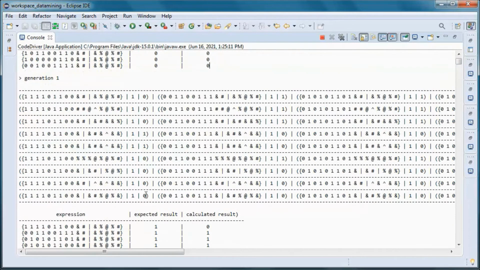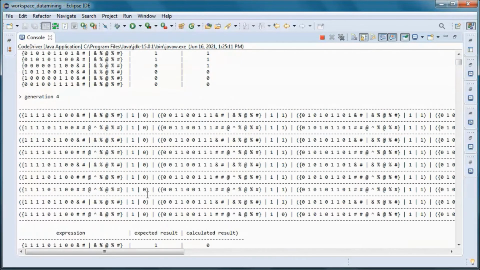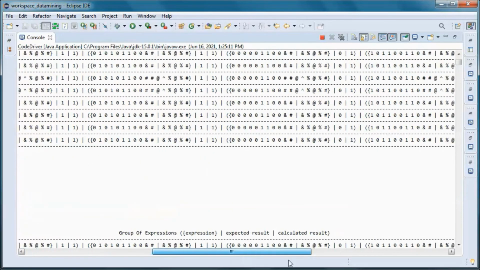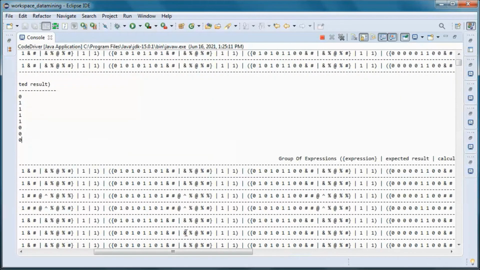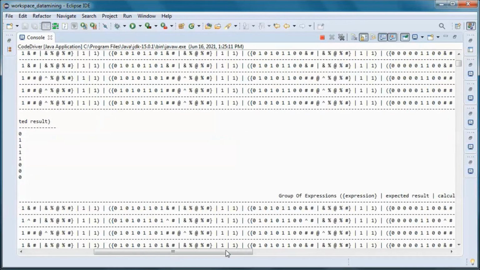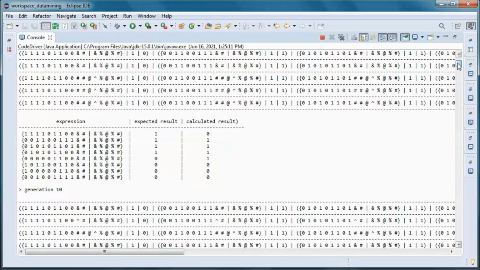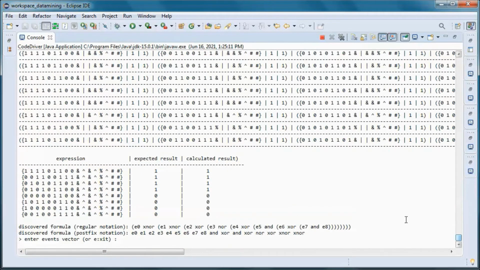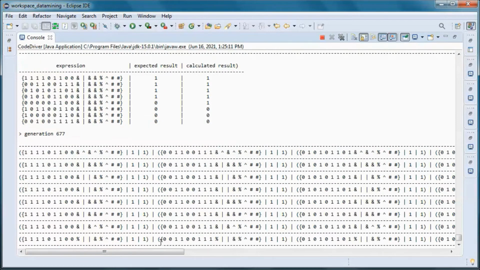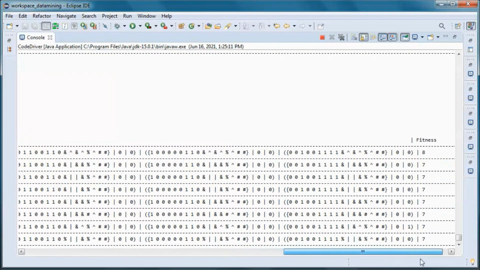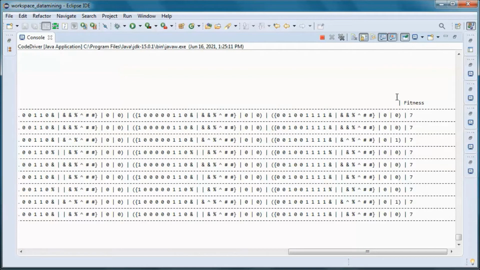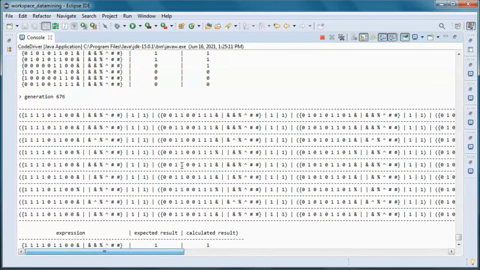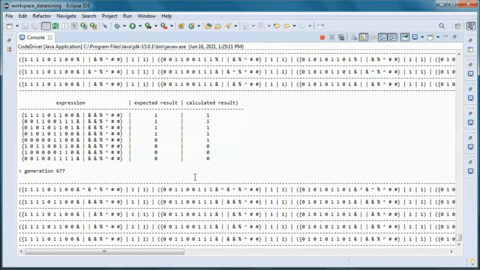And we keep going, generation 1, etc. Like here we're still at 6. Until here we got to 8. So here we had 7. We only had those two do not match.